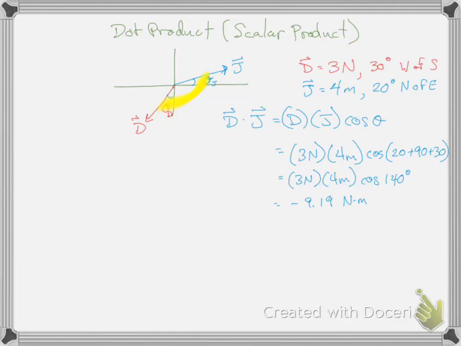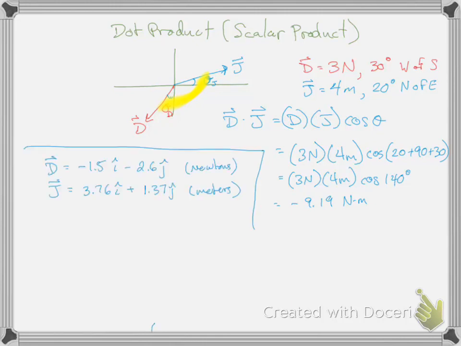And this one is what it is. It's D times J times the cosine of the angle between them. That's the definition of dot product. Okay, so now I want to ask the question, what if the vectors are given as vector components instead of